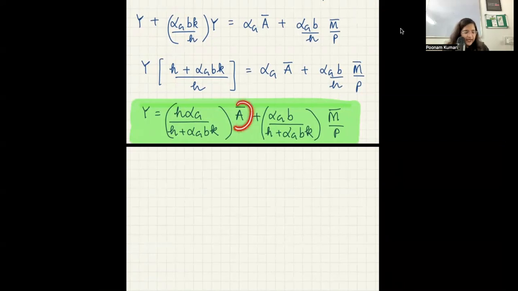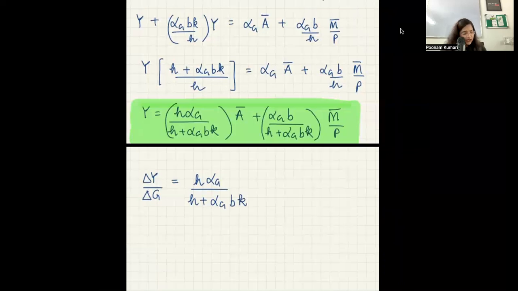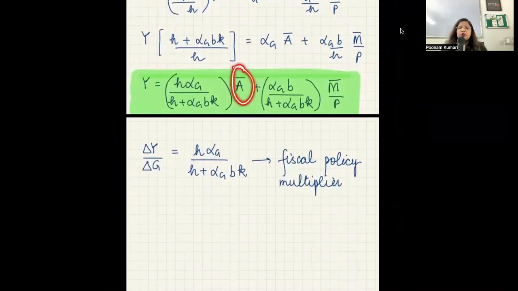ठीक है, g इसका ही कंपोनेंट है, अगर g 10 यूनिट से बढ़ता है तो a बार भी 10 यूनिट से बढ़ता है, वो एक टर्म है जो एडेड है. ठीक है, so basically अगर आपको delta y by delta g पता करना है so that will be nothing but h alpha g over h plus alpha g b times k. This is your fiscal policy multiplier. ठीक है, और ये हमने क्यों लिखा है, क्योंकि a bar जो है उसके अंदर वो सारे कंपोनेंट्स हैं,